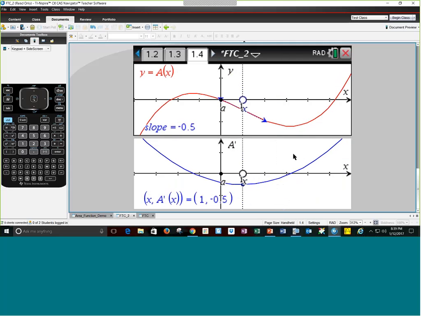So on this page that Vicki is on, students are basically asked finally at the end, give your response to the following question: F of x is blank of A of x. Now, F of x is the blue function. That would be the derivative of function A of x. And then that would mean that A of x is the antiderivative of F of x.